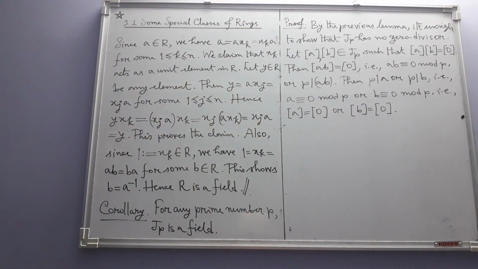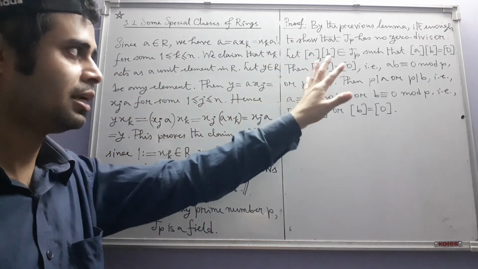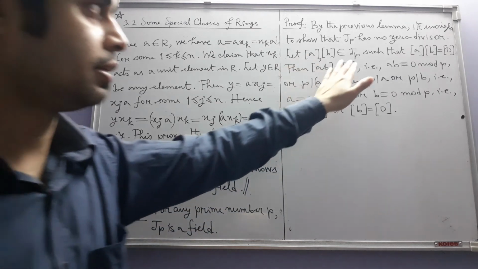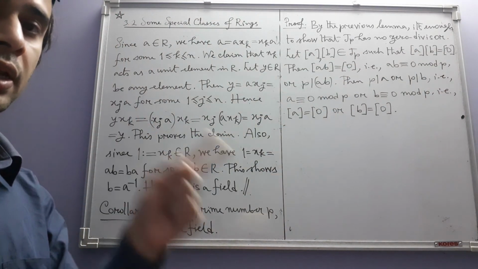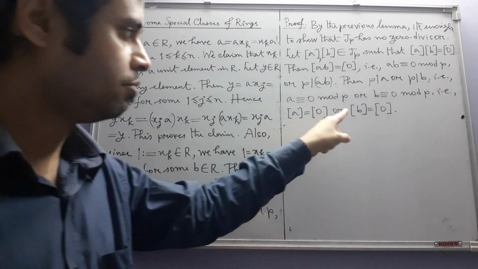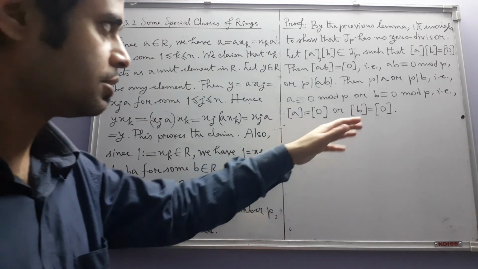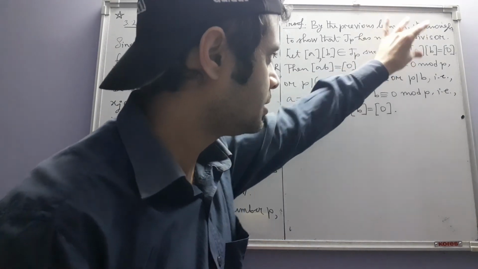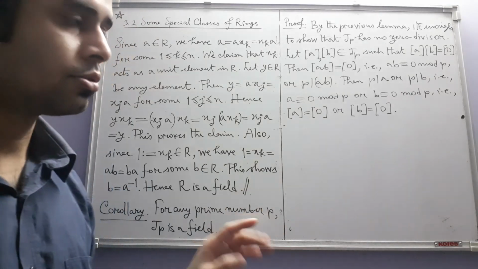this shows that if A is non-zero, note that we have not assumed anything like that here, we have simply assumed that the product is 0. Now if A is non-zero, then B has to be equal to 0, because you see, according to this, at least one of these should be true. Now if